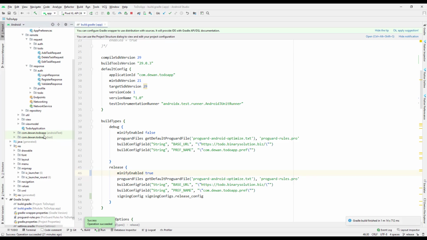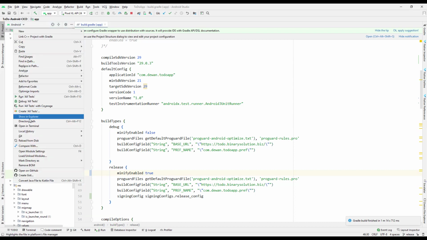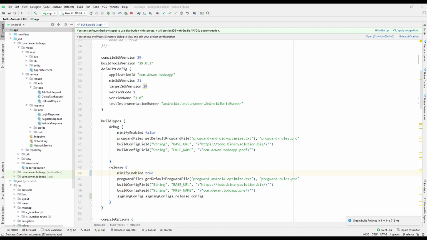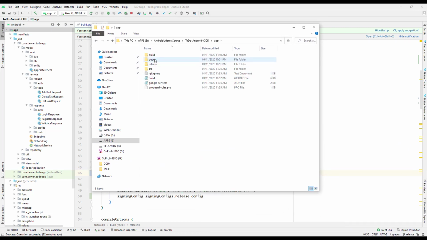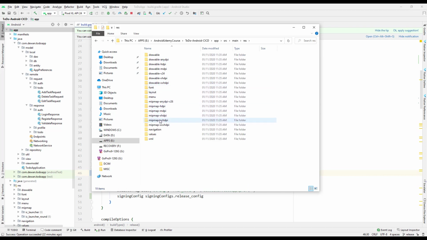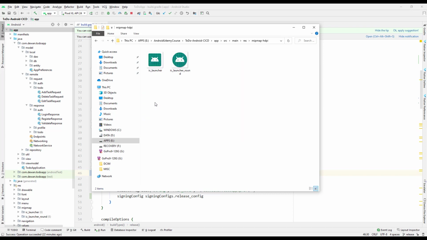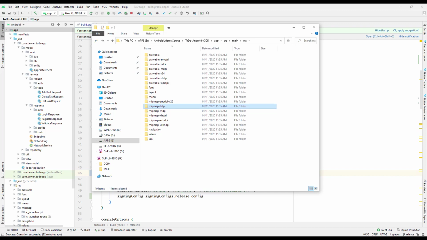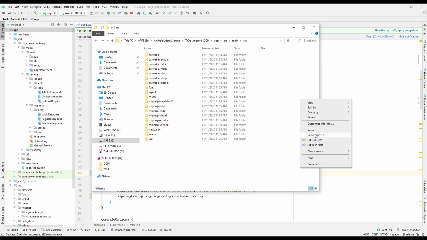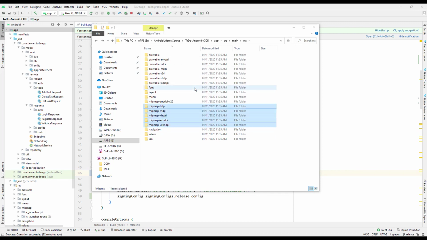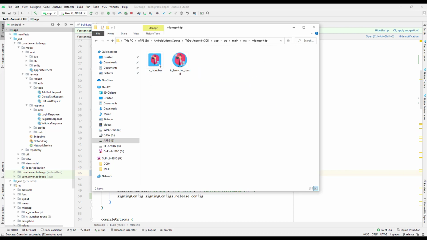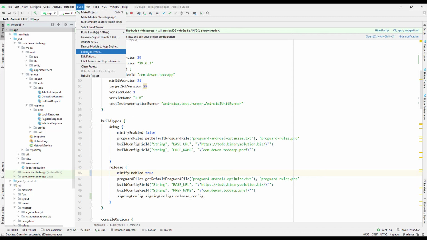So I'll just go back over here, and before I generate, I'll go to Show in Explorer, and I will replace some of the files over here. I'll go to the source, go to main and res, and there is the mipmap file over here, and this is the launcher. So I will replace the launcher. I have already generated some launchers, so just copy those and paste them over here. Just replace all of these files, and if you go now, I have added a new launcher over here, and that should be okay. And I'll just go and rebuild the app bundle. Just build the app bundle,